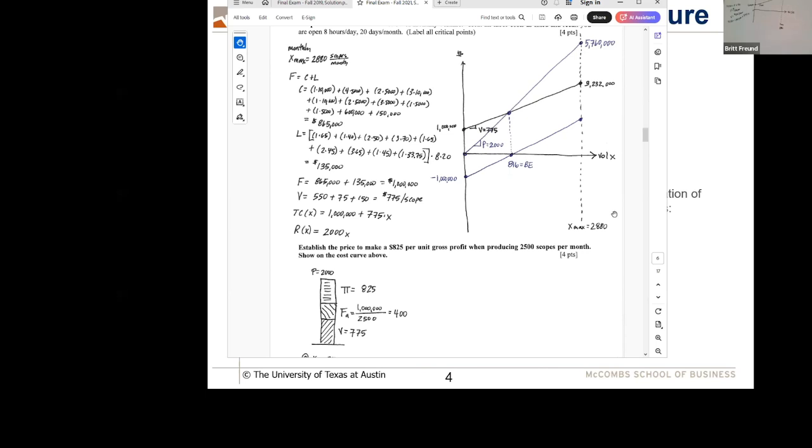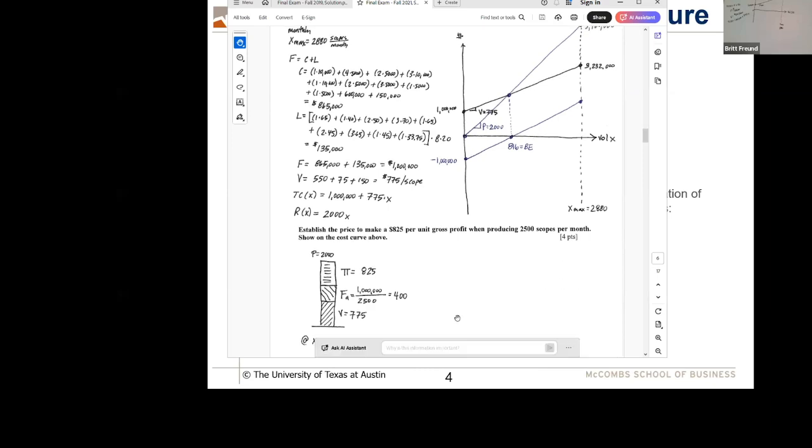Usually you have some financial target. You go, well, my investors are expecting a particular kind of return, or I'm expecting a particular return, or I want to make a certain profit out of each scope I make. So there's going to be a financial goal or target. And we simply need to find the price that allows us to meet that financial goal or target.